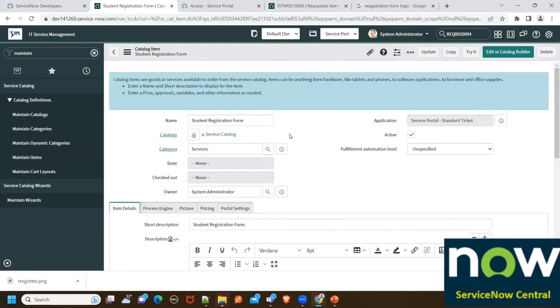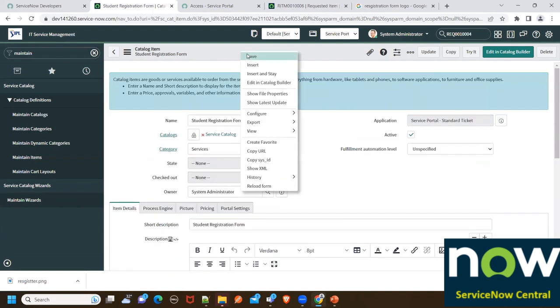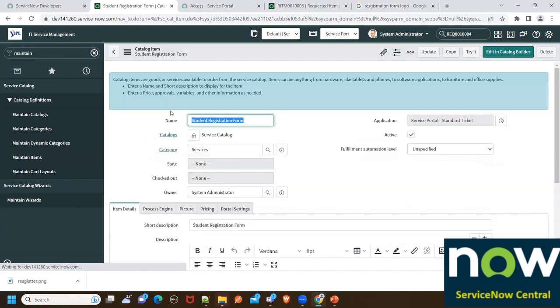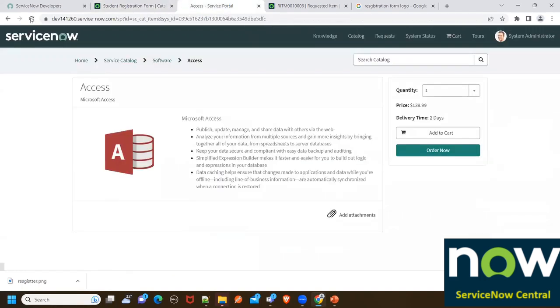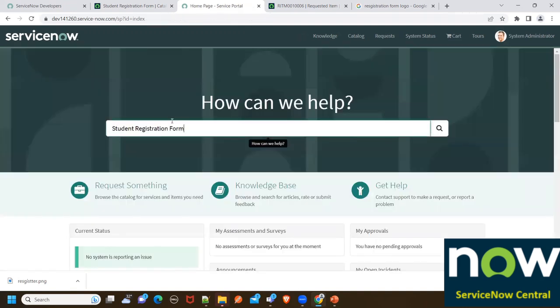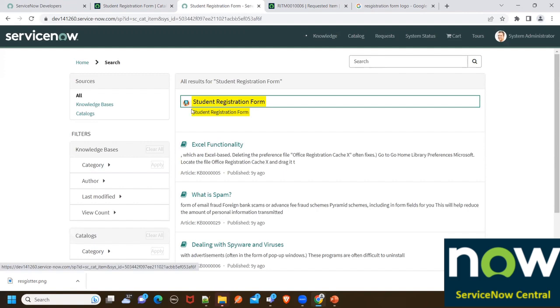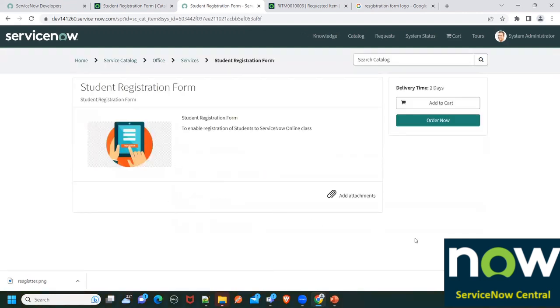Okay. So what happens the moment you save this form is that a small, temporary form gets created, but it will not have anything. Let's say if I go ahead and try to search anything, like this particular access thing, you don't see anything, right? There is no field. You cannot fill anything. Similar thing will happen to your form also. You see, your student registration form is there, that logo is there,